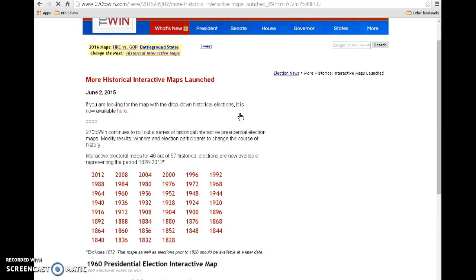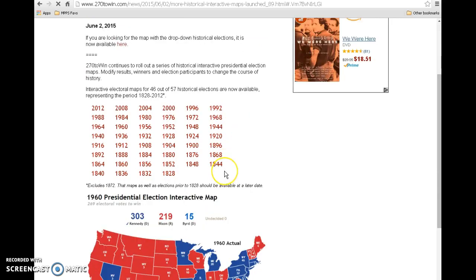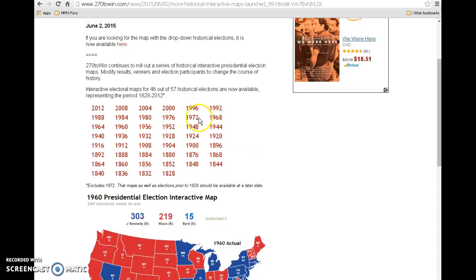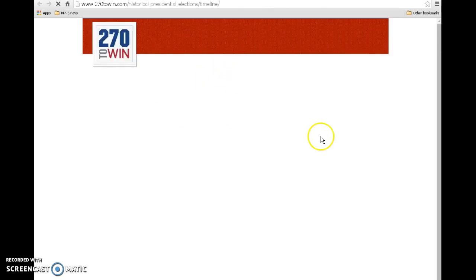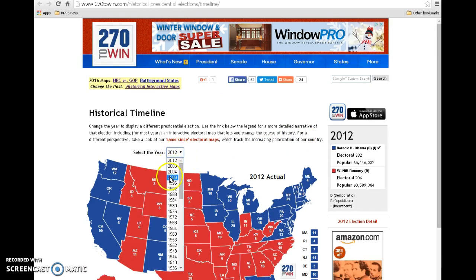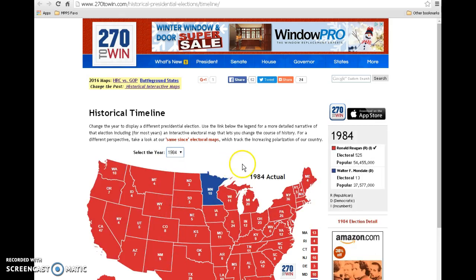When you get into this, and you will be working with this, there is a place that will show you how long those states have voted consistently for a party. I want the drop down, that makes it easier. See, you can just click there. That was the outcome in 2012. Let's look at a landslide. Holy moly, did Reagan win? Now notice when you use this website also that the Electoral College votes are listed and the popular vote.